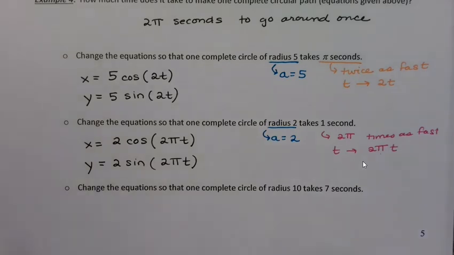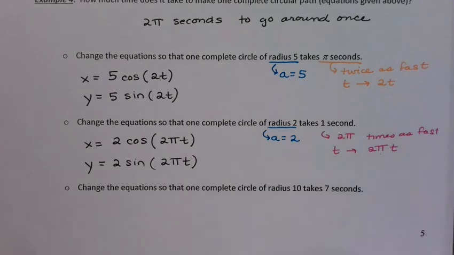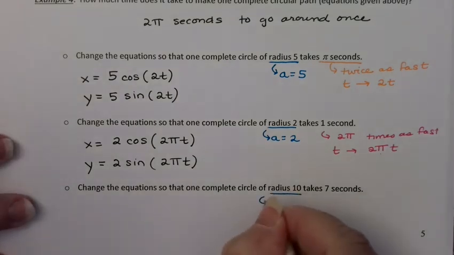And that one's really worth remembering, because a lot of times when I want to change the amount of time it takes, it's easiest for me first to adjust to 1 second and then to make a second adjustment from there. Case in point, this last part. Let's change our equations. So one complete circle of radius 10, so A is 10,